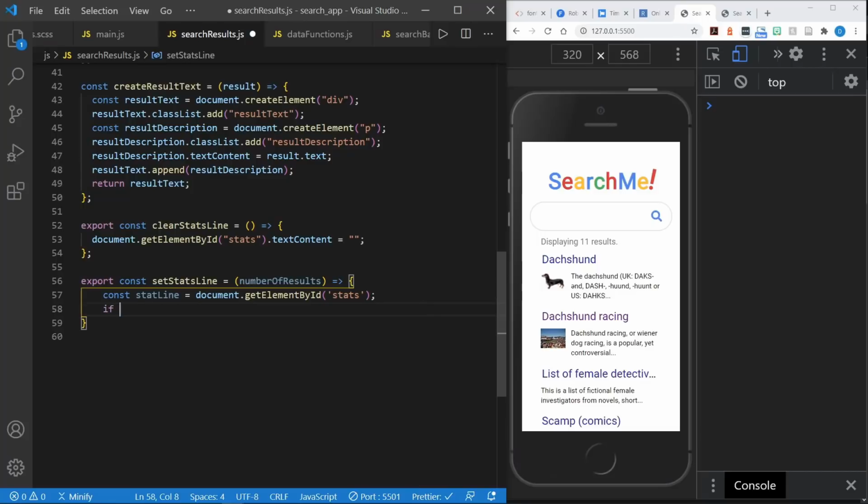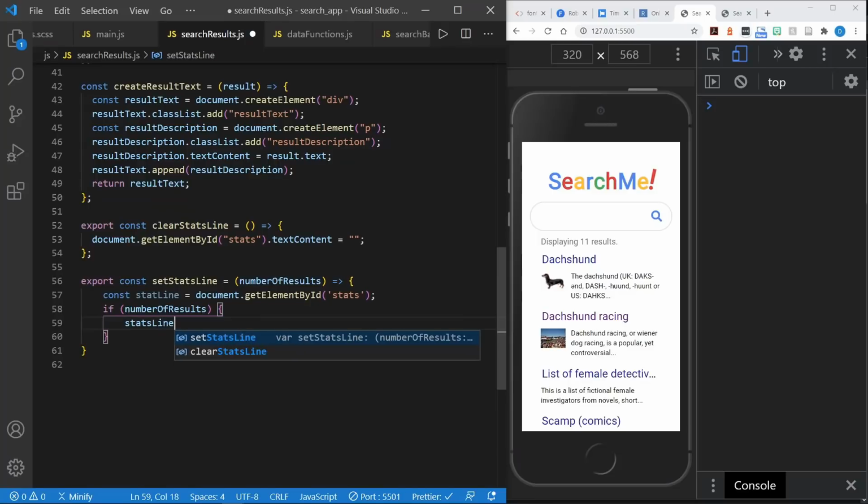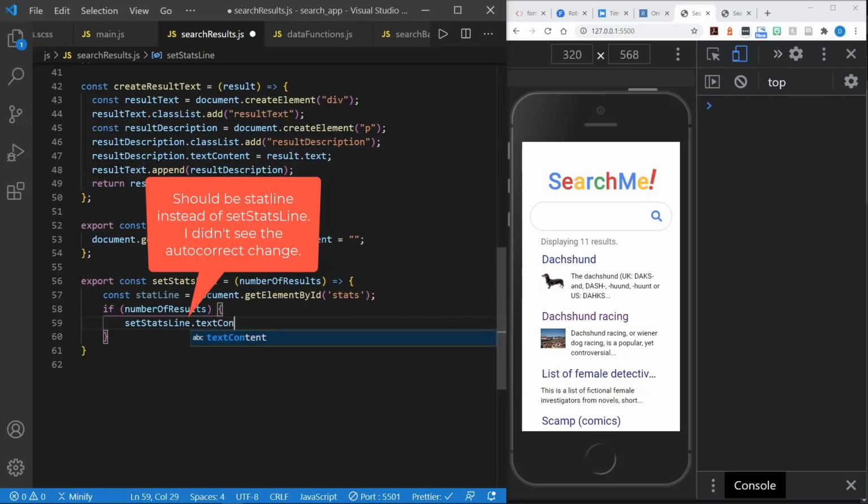And then we can say if the number of results, which will be the length of the array. So if there are results within the array, and 0 would be false, so anything that is not 0 here could be true. So we'll just say if numberOfResults,